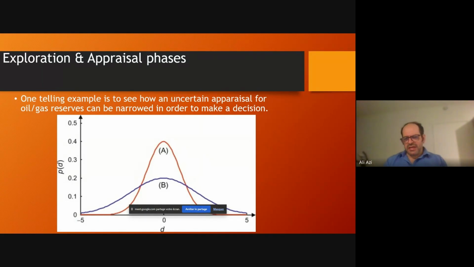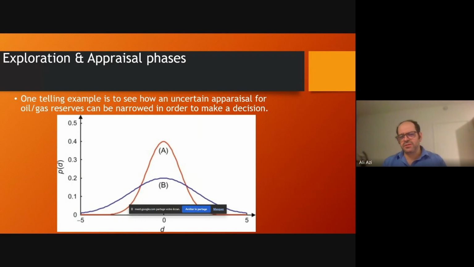Imagine the reserves estimate on your field, and you have to decide if you go on with setting up a production facility, pipelines, and go for production. The problem with this plot is that you may have a nice, let's say, recovery in the mean, but the probability is very flattened, and the probability to go broke or the probability to become wealthier are very similar. And I've been on fields like that in Algeria where we had a very nice mean, but the probability density function was so flattened that everything had almost the same order of magnitude probability,